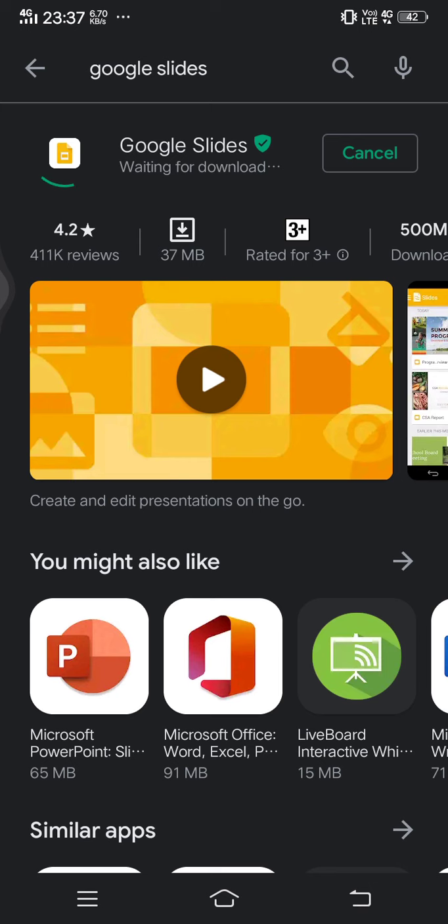Now while this is installing, let me tell you, you're going to use this app to present your classwork to the children. So be it a story, be it a rhyme, you can always use this tool.